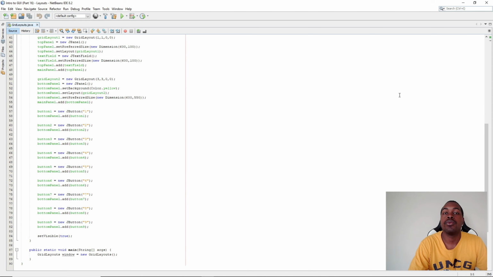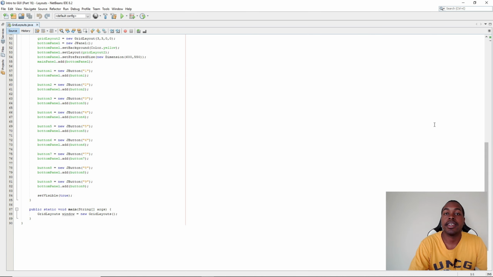Our grid layout 1 is going to be 1 by 1, so 1 row, 1 column, which contains our top panel, which also contains our text field. Our second grid layout is going to be 3 by 3, which will be added to our bottom panel, which contains 9 buttons. So when we run our program,